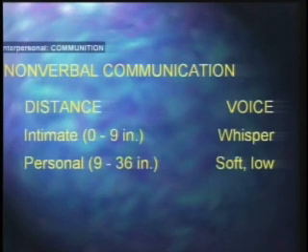So in essence, if we're intimate with somebody, we're going to be standing within about 8 or 10 inches of them, and we'll tend to be talking very quietly. That would work with families or lovers. That kind of thing would be the situation where you'd see that. Personal distance is up to about 3 feet apart. Anything beyond the intimate distance, up to about 3 feet apart, would typically involve a soft or low use of language. And in that situation, you would do it with your mate in public or with friends, any casual acquaintance with whom you're walking across campus.